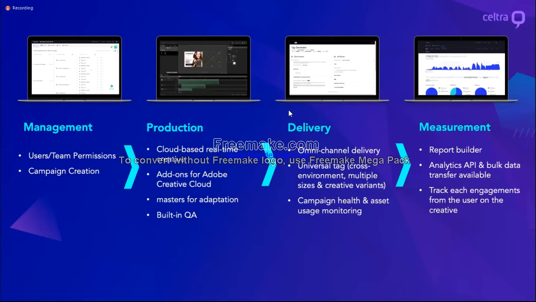You can also deliver all the creatives from the platform itself, meaning that you can pull the tags from the system and implement them into different channels. For example, if you're working with multiple DSPs, you can pull the tags for different DSPs and run your ads through the Celtra platform. And finally, the most important thing is the reporting and analytics, which is available on the